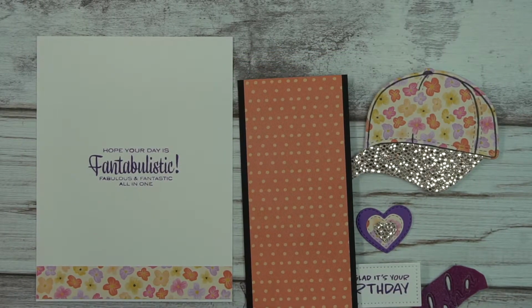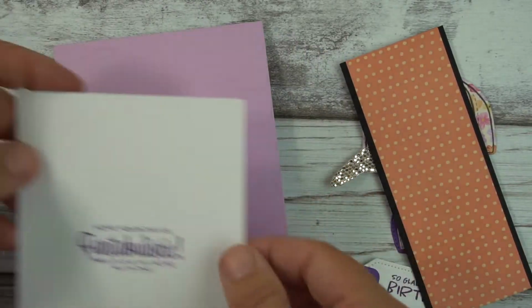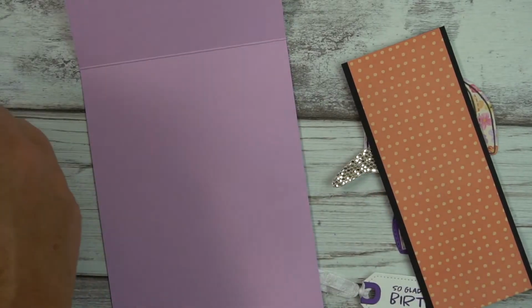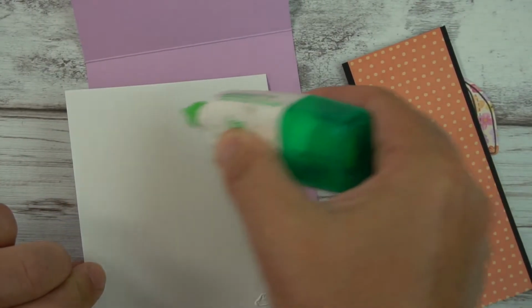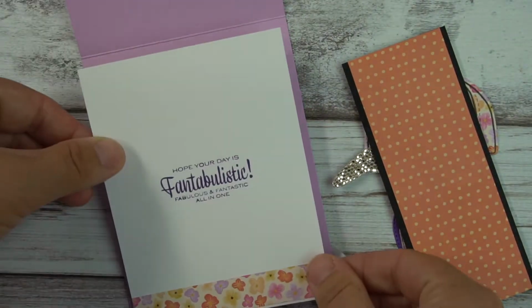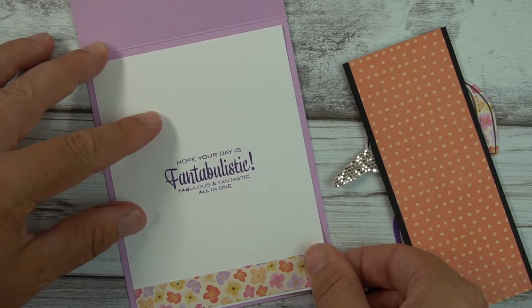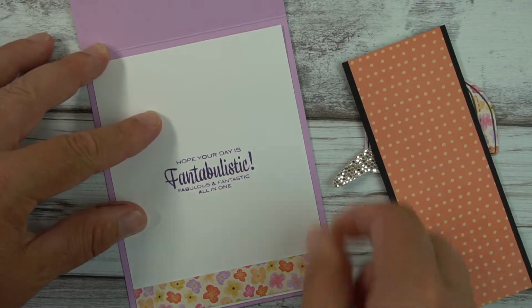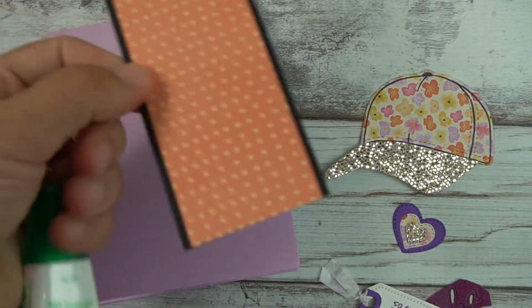So let's get this card put together. And so I'm just going to quickly add a few drops of glue. I do like not adding too much glue, just in case I made a mess of the card. I can gently pull this out. It will rip the paper a little, but if you don't use a ton of glue, it's certainly a lot easier. Okay, so here we're going to adhere this strip,